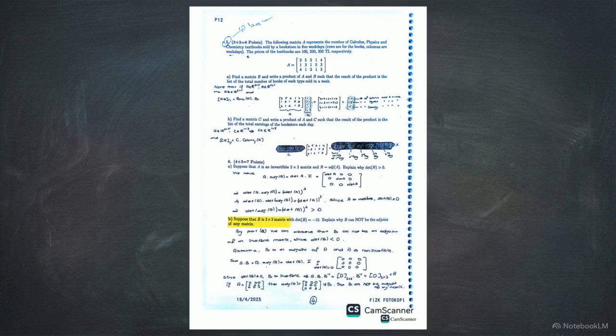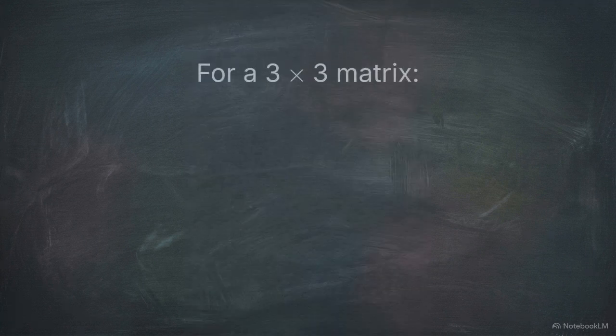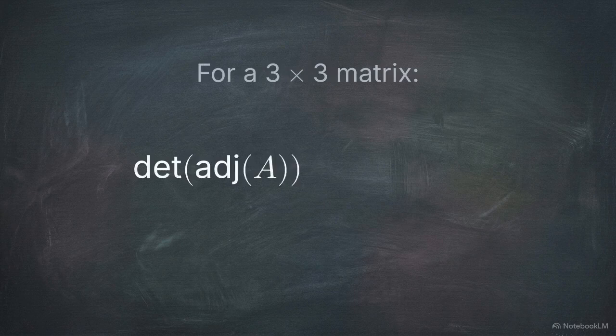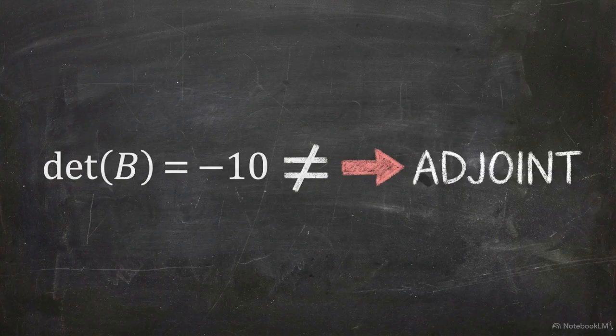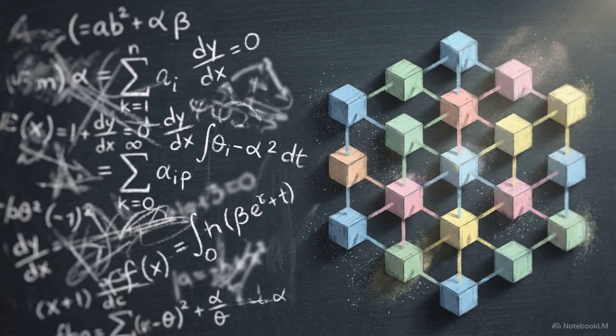Question 6b asks if a 3 by 3 matrix B with a determinant of -10 can be the adjoint of any matrix. Using the formula we just proved, we know the determinant of an adjoint for a 3 by 3 matrix is the original determinant squared. Any real number squared is positive. Since matrix B has a negative determinant, it mathematically cannot be an adjoint. Knowing the proof of the identity, rather than just blindly memorizing the final formula, provides the deductive reasoning needed to